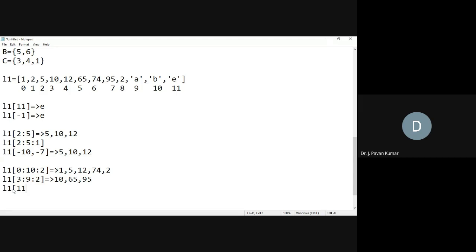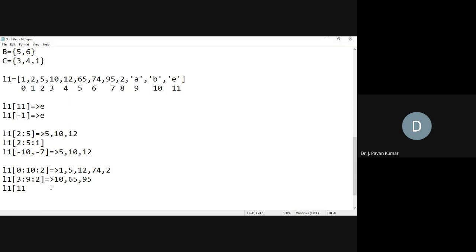2, 5, 1, we have specified here, right? If you don't specify any step also, it will consider it as 1 only. Similar to that, here also if you specify 11 and minus 12, although 11 is here and minus 12 is here, it will not go in reverse order. Why? Because by default the step size is 1 itself. So it will try to go to the right side only. What is our requirement? We wanted to traverse in reverse order.